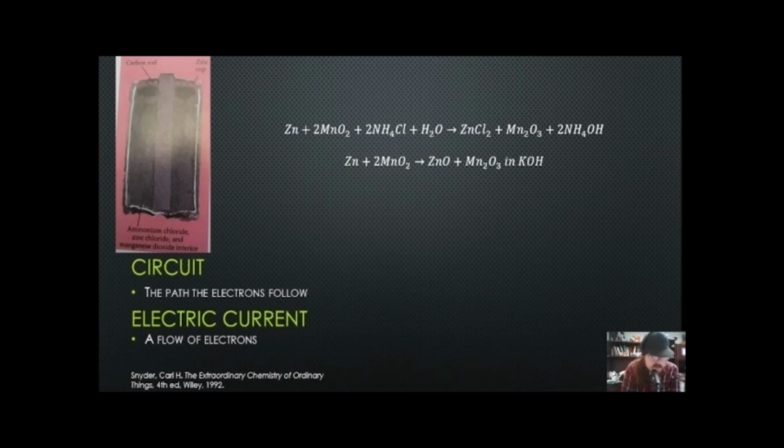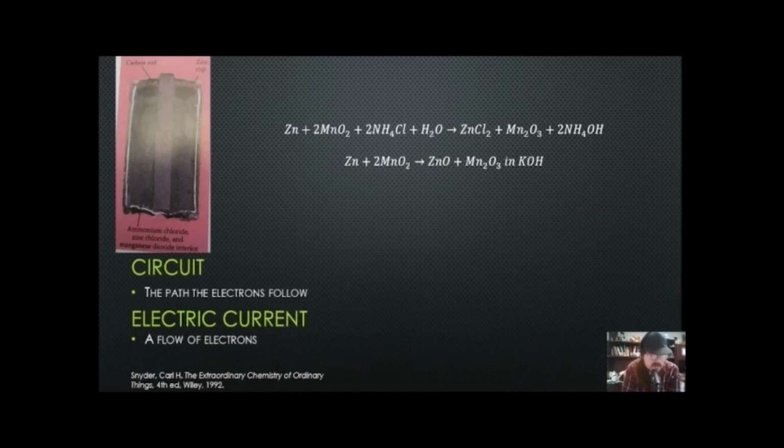As the zinc is oxidized to zinc oxide, we're releasing 2 electrons that can flow through. The actual reaction is zinc plus 2 hydroxide goes to zinc oxide and water. But the zinc will lose electrons, which will flow through the metal casing, complete the circuit, power the light bulb, power the battery, and then continue through and reach the bottom of the battery and flow into the manganese